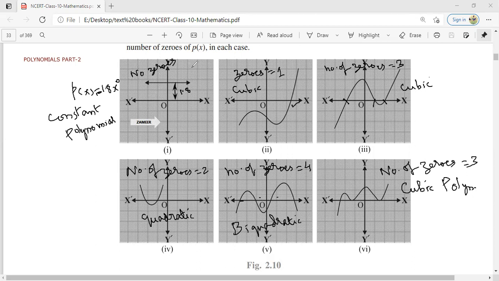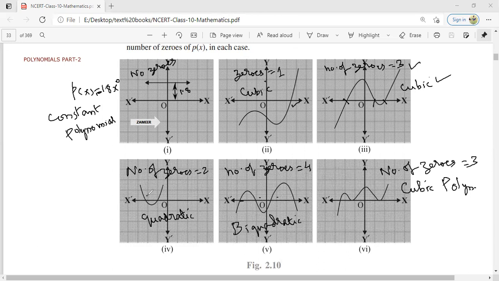Second one: when it has 0, 1, in that case we cannot say it is a cubic polynomial. The number of zeros is actually 1. Okay, it is cubic, correct. Because it is not a straight line, we cannot say it is linear. But all the zeros can be the same. And it has 3, so there is no doubt: 3 zeros, cubic polynomial.